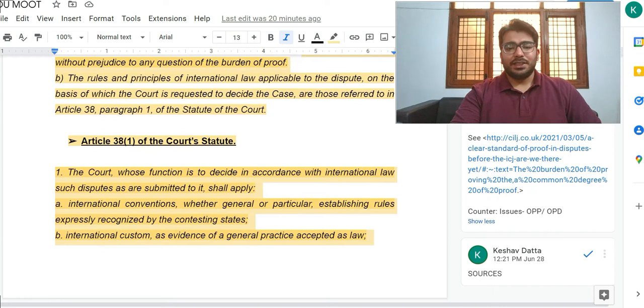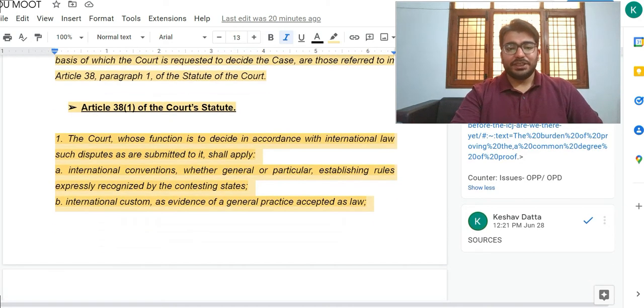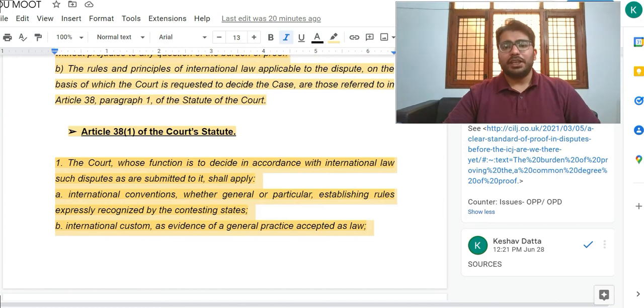The next is Article 38 of the court statute, which basically discusses various sources of international law, and that is a very important clause that you will have to refer to while arguing every couple of minutes, because you will be taking the examples of judgments of this court or another court, contemporary or corollary court, or any journal or any article written by a legal luminary. So the judges will ask what is the evidentiary value of whatever this person said, or this court said, because obviously you will not find each and everything in support of your argument via an ICJ judgment only.